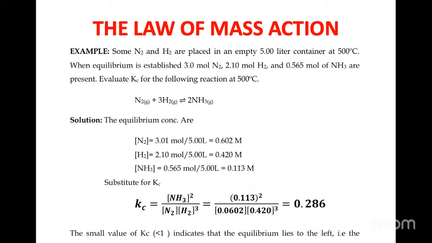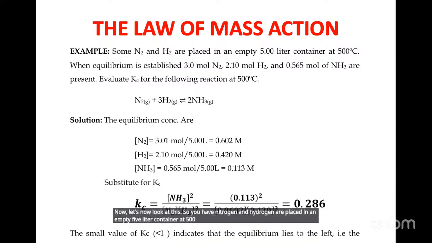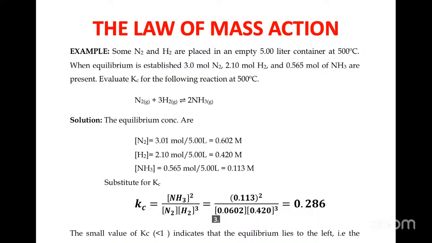Now, let's look at this. You have nitrogen and hydrogen placed in an empty 5-liter container at 500 degrees Celsius. When equilibrium is established, 3.0 mole of nitrogen, 2.10 mole of hydrogen, and 0.565 mole